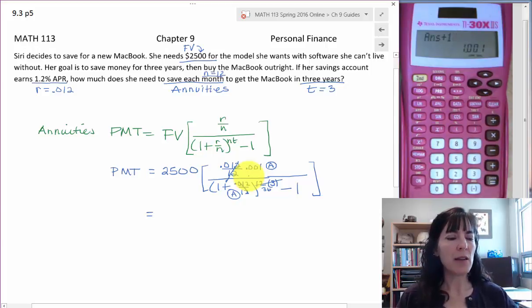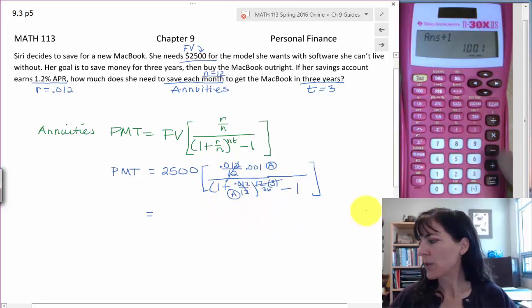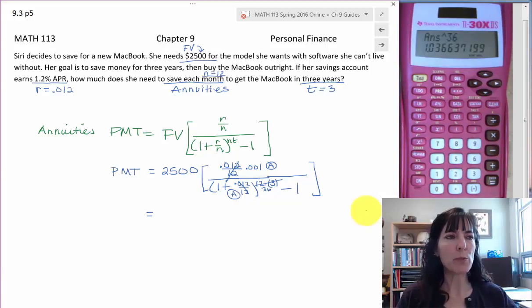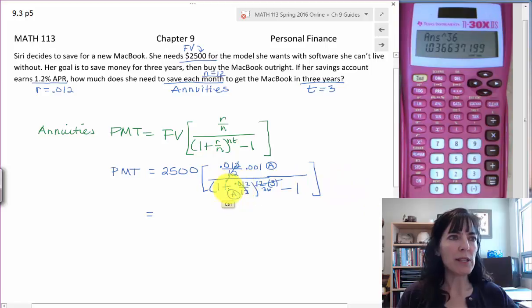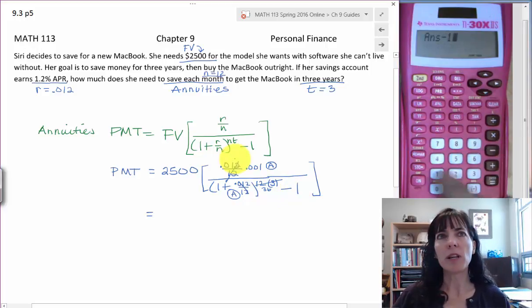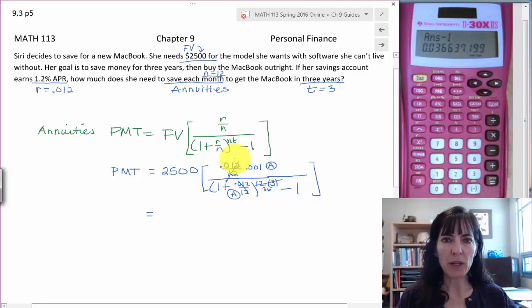And then I see on my work that when I've added the 1, then I need to go to the 36th power. So I'll say to the 36th power, and I'll do another enter. And I'm going to leave those values sitting there on my calculator and make use of them throughout this process. Now I've done the 1 plus A here. I've raised it to the 36th power, and the next thing I need to do is subtract a 1 from that. So I'll just say minus 1 equals,